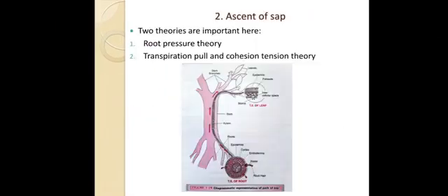Okay, now next is ascent of sap. Ascent of sap means the upward movement of the water and minerals. So here two theories are important. Okay, so this is the important part now. So root pressure theory and transpiration pull and cohesion tension theory, these two theories are important in the ascent of